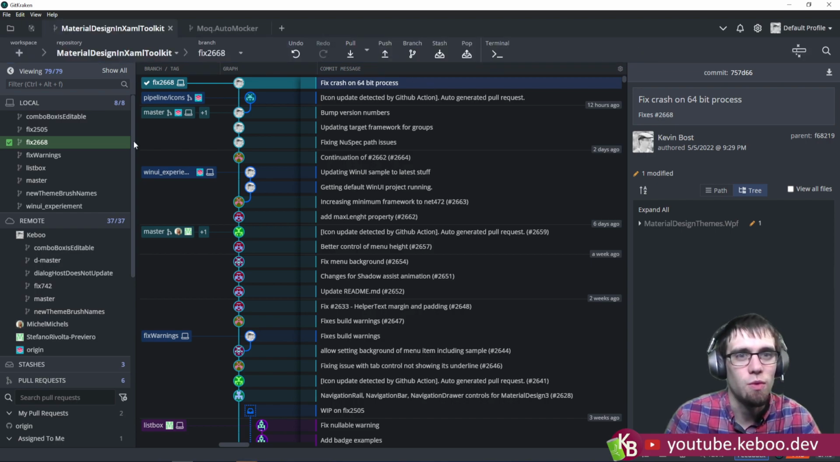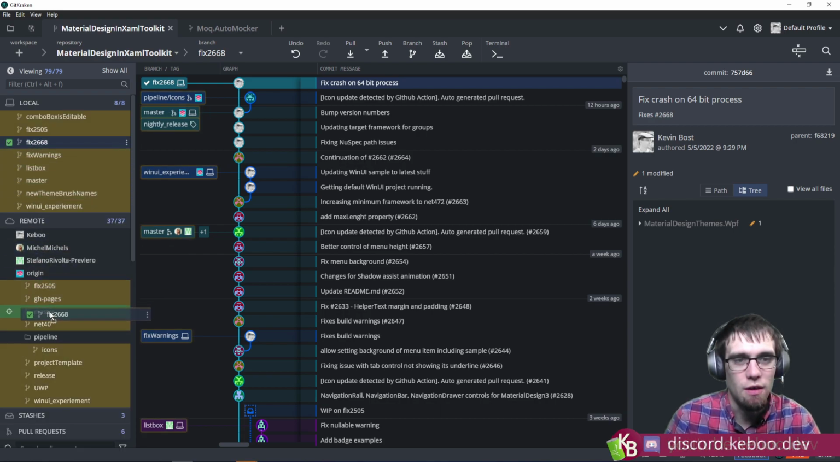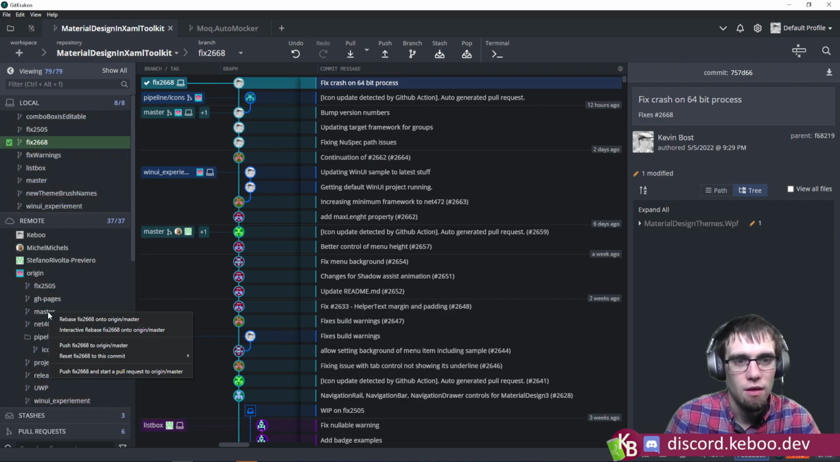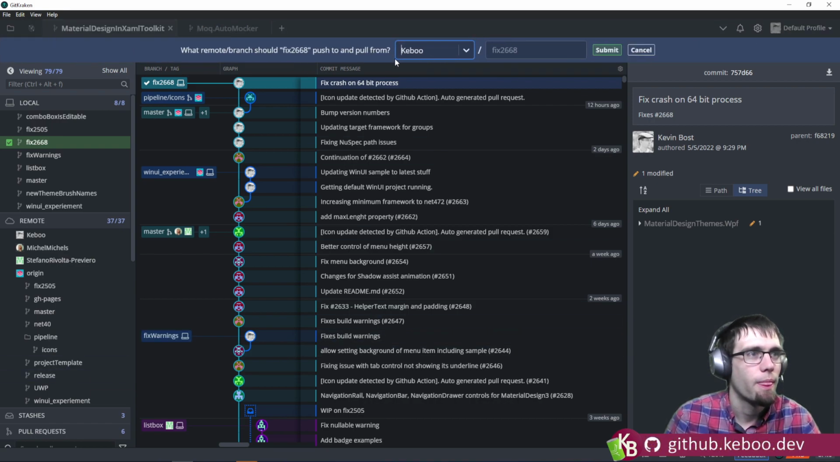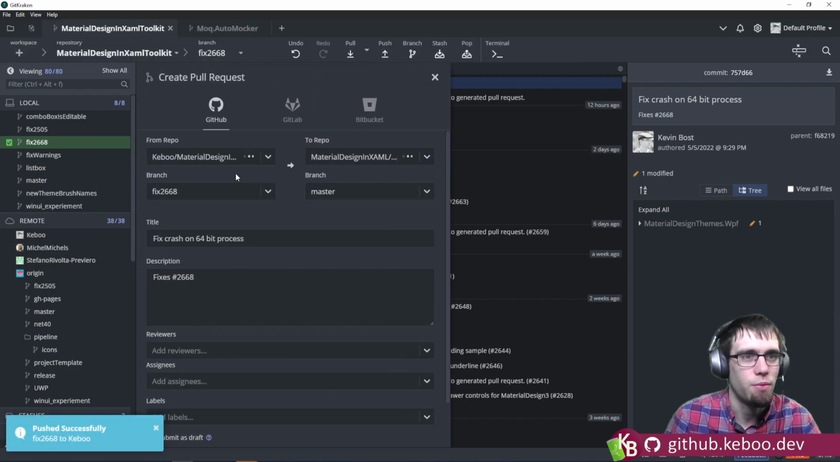And I'm actually curious what GitKraken does. So if I take this and I drag this down onto here, doesn't start a pull request. Wait, oh, push it and start pull request. That's exactly what I want. And then ask me where to push to, so go ahead and do my fork, sure. And then start a pull